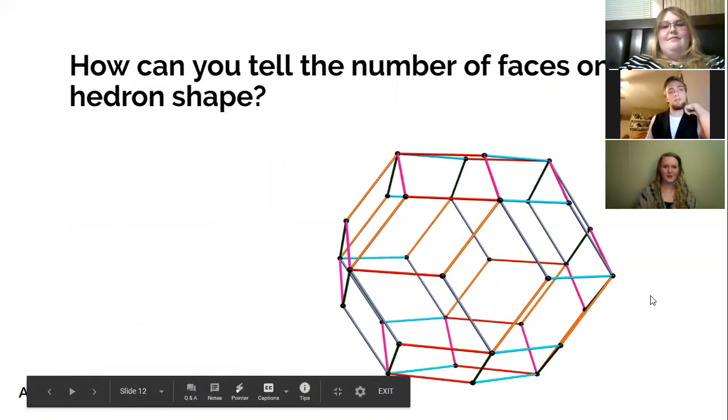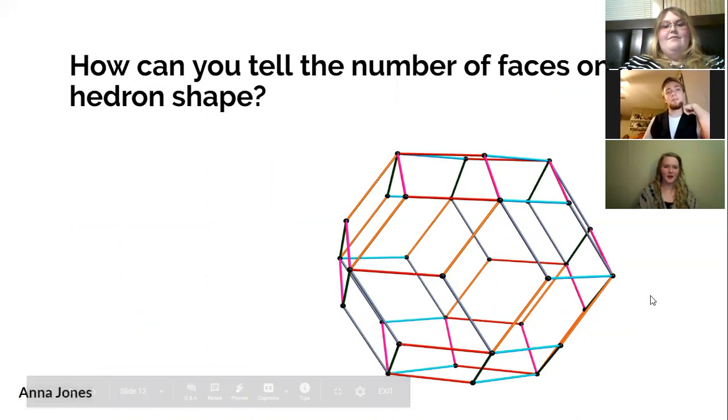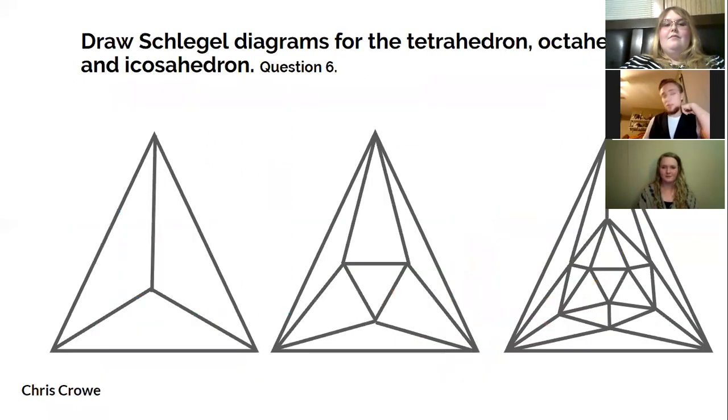All right, so who's next? I have a question. You kind of explained it a little bit already, but I just need a little bit more clarification. How can you tell the number of faces on a hedron shape? That is actually a very good clarification question, Anna. So using